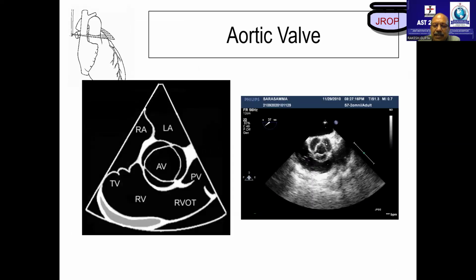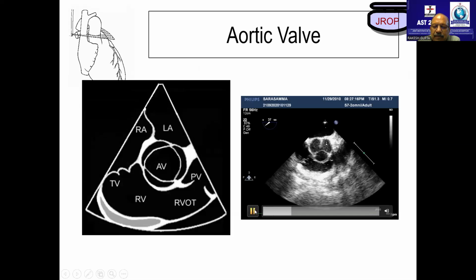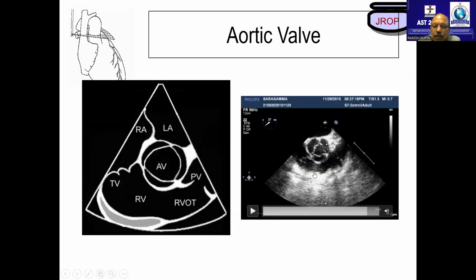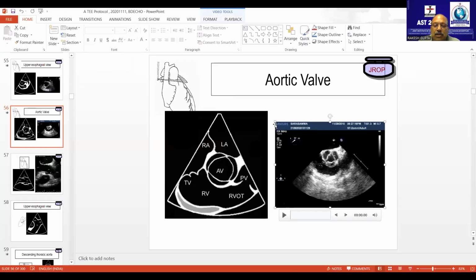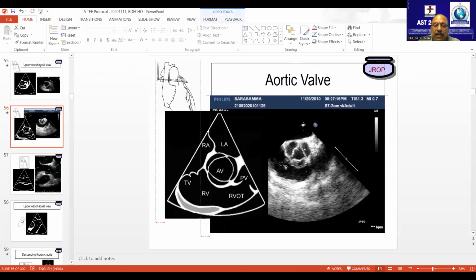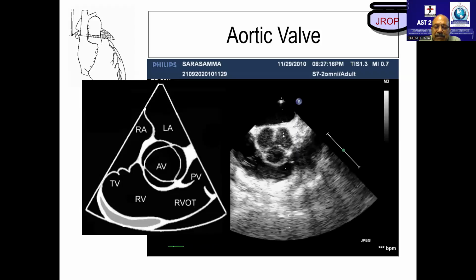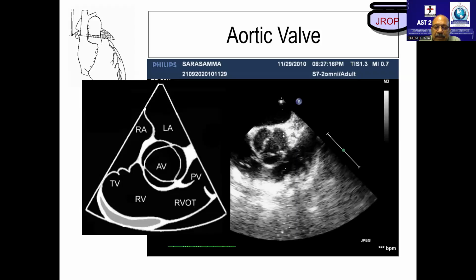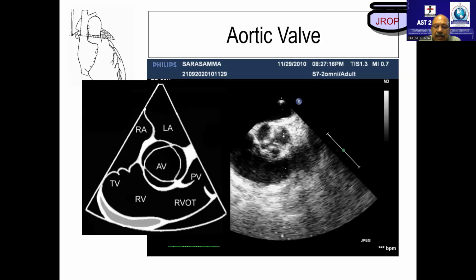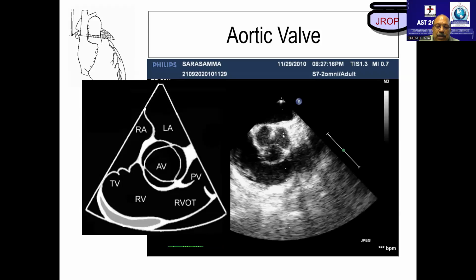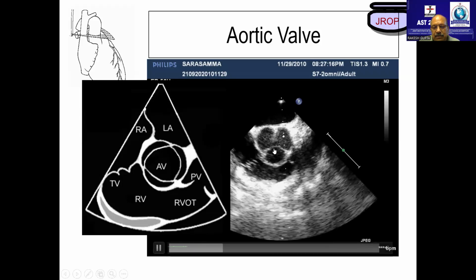Now look at this. Let me just freeze this image for you. Look how beautifully you can see the aortic valve margins in transesophageal echo. Can you? Yes. So whenever we are in doubt, we do not look at other things. We just put a transesophageal probe inside and look at the aortic valve area. And this resolution, this imaging quality is not there in transthoracic echo.